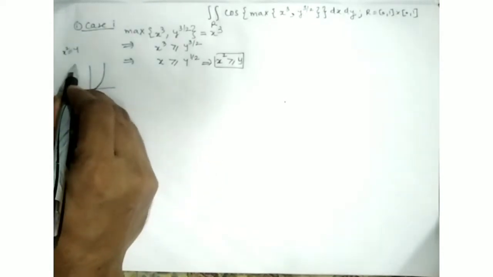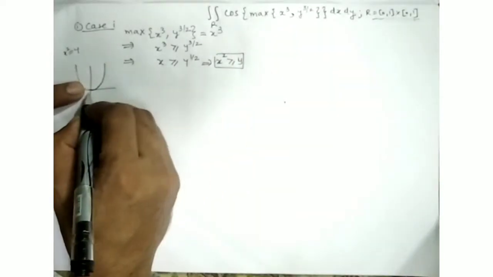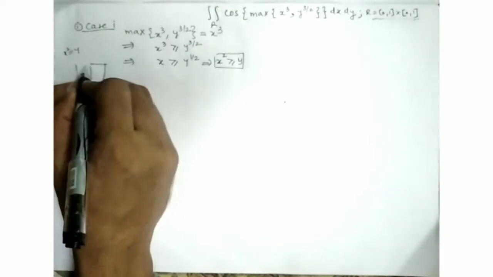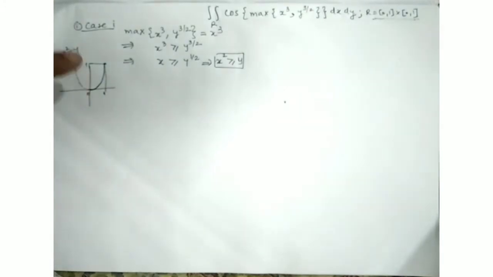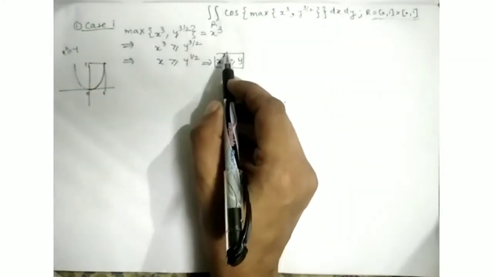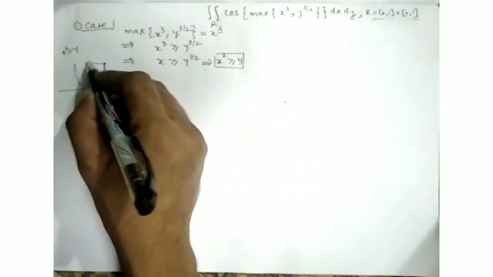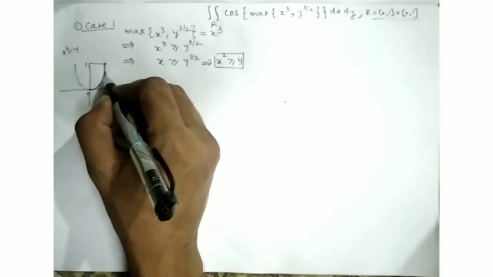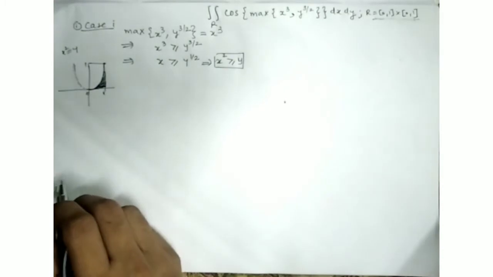We don't have to consider the negative part of this parabola, because we are working on this positive rectangle. It starts from 0 and ends at 1. Now see, there are two regions, the upper region of the parabola and the lower region of the parabola. Which one do we have to consider in this case? Our x square is bigger than y, and y is here. So our parabola is bigger here. So we have to consider this shaded region.